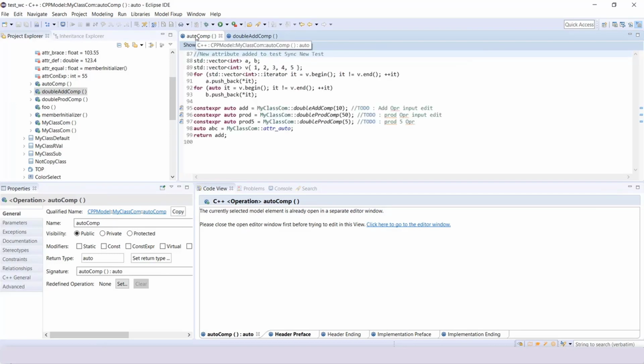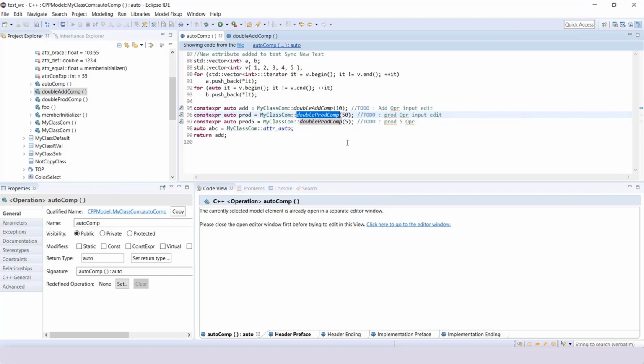So it helps in quick editing. Coming to the next point, which is the advantage of having the features of a real Eclipse editor. When I select my class com in my code editor, you see all the places where this my class com text is used in my code snippet are highlighted in gray. This helps in quickly locating where this code has been used. Similarly, this double prot comp operation is used in two places, as you see. So this is the advantage of having the code editor and making some changes.